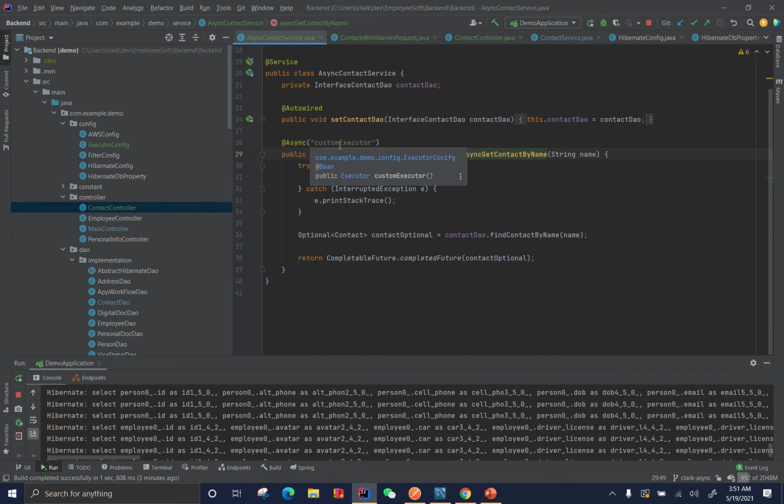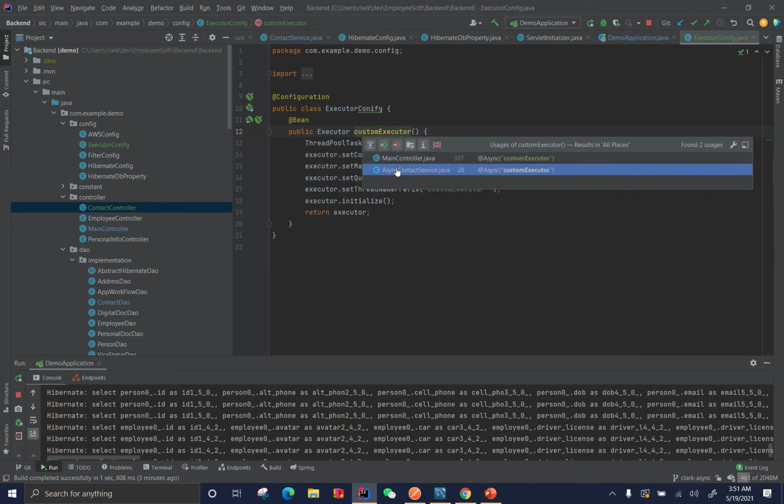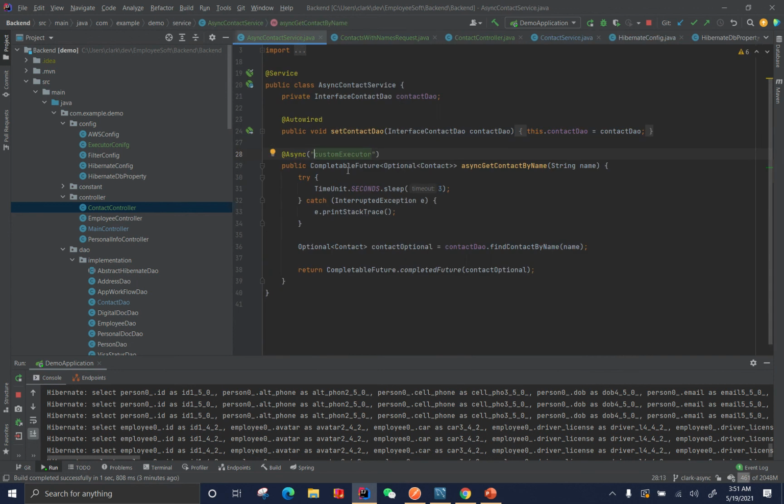And what is this custom executor? We can quickly click on it, and this is the function name of the executor. Going back, you pass in each name. For each name, we also try to simulate a sleep. And for each name parameter, we pass that